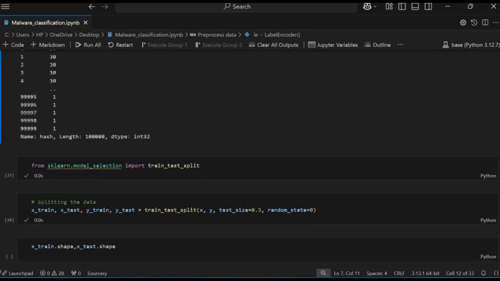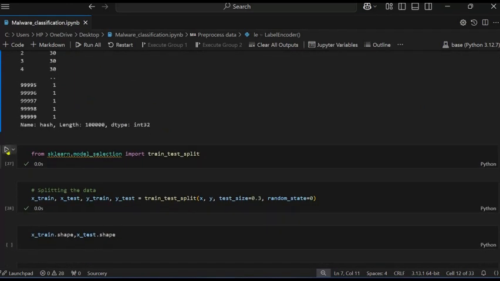Now training and testing. So it's working. This is the module: from sklearn.model_selection import train_test_split. Now splitting the data into x_train, y_train, x_test and y_test, where we pass the test size.